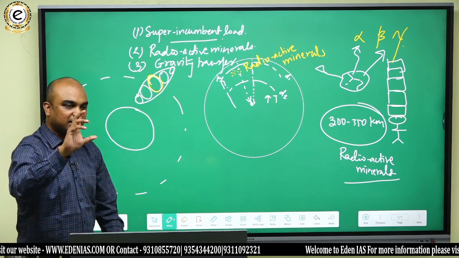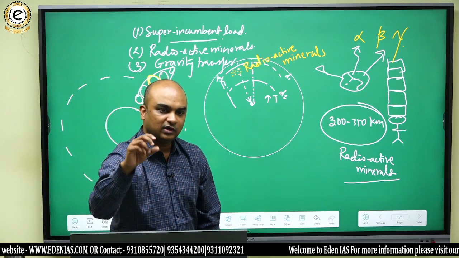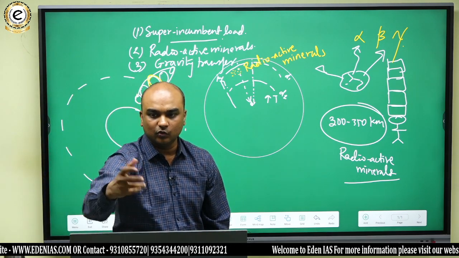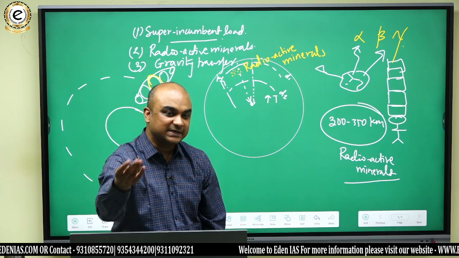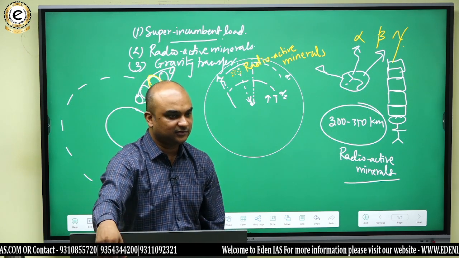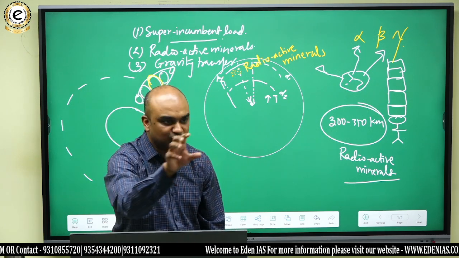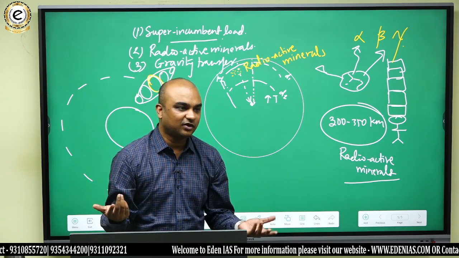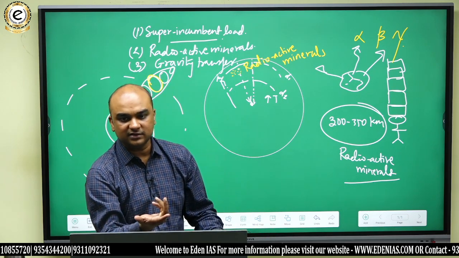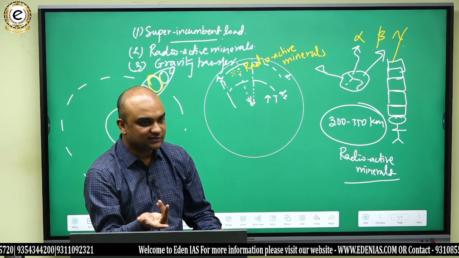Got it? अब आप Earth को भी अगर देखोगे तो Earth में crust, mantle, core है. Core में कैसे rocks हैं? They are made out of what? Mostly what kind of minerals? Nickel and iron, heavy elements. Do you understand that? And that's why the core is the most dense. But अब क्यों नहीं होता ये transfer? Because we already have a solid earth, isn't it? We have a solid earth.